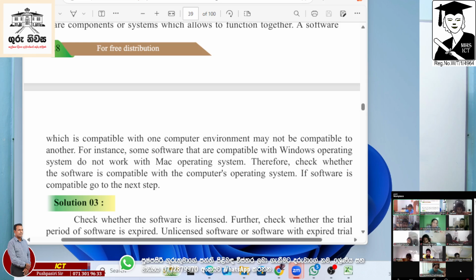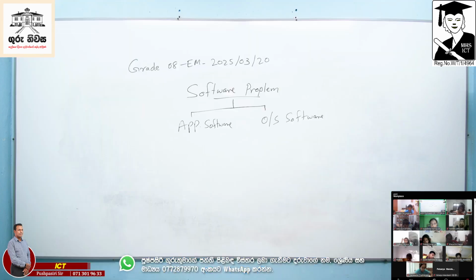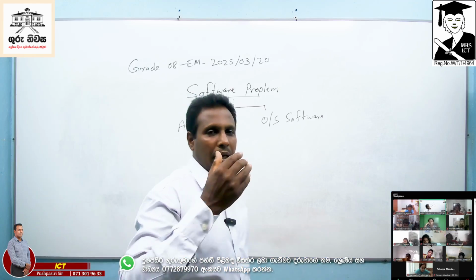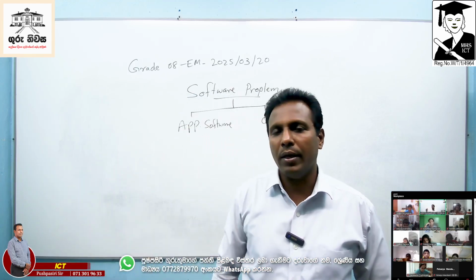Excuse me, sir. Yes. Whenever you download a software, doesn't it explicitly say this is for Windows, this is for Mac, and this is for another operating system? Yes, there are options that you have to choose. Normally, when you are going to download a program, there are many categories. You have to choose the correct one.